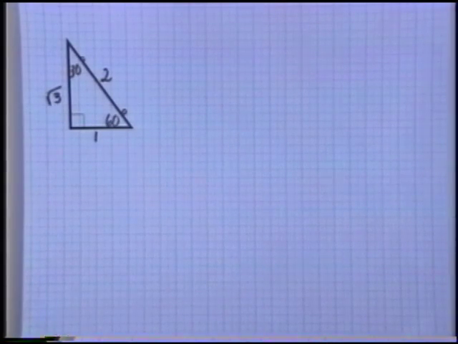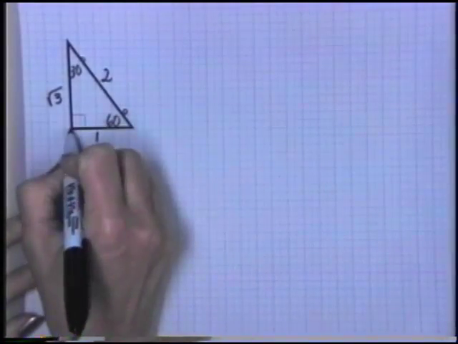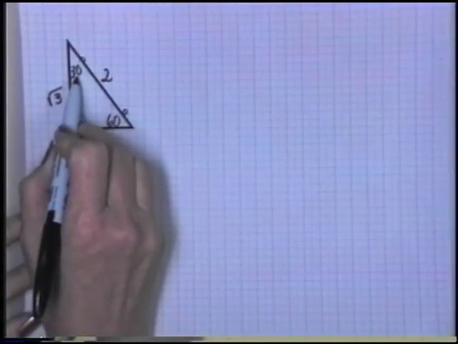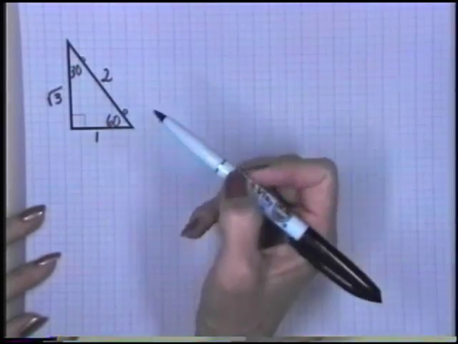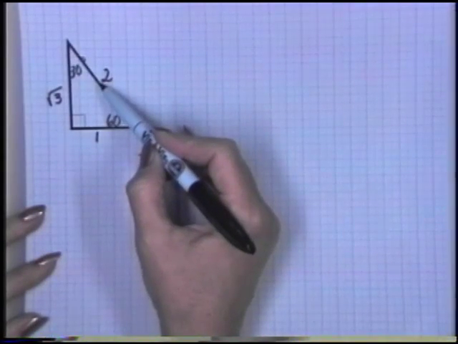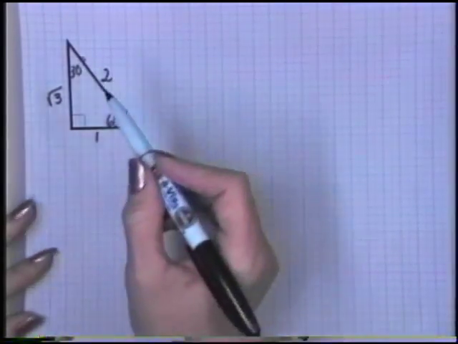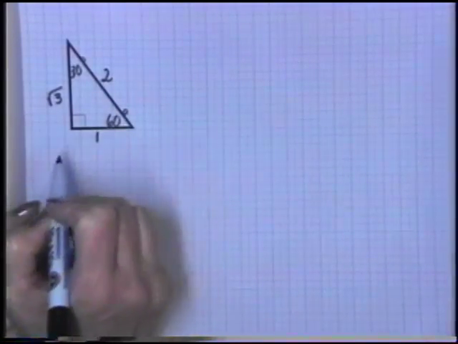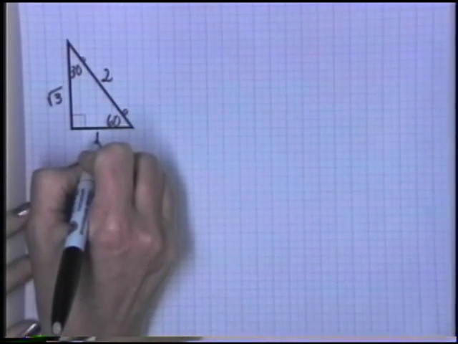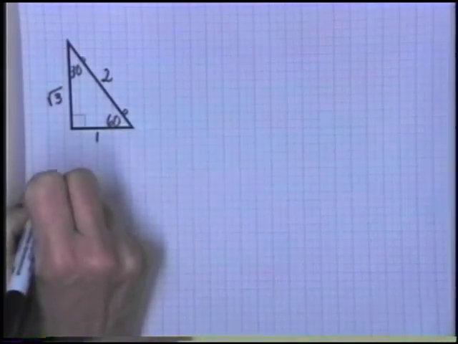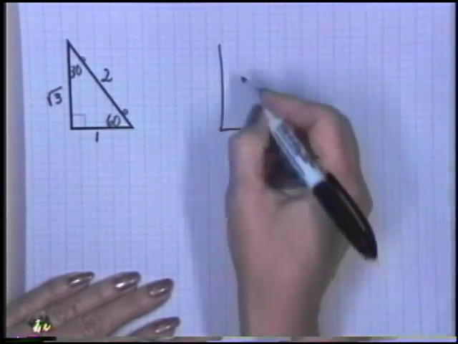Now, as it turns out, for a 30, 60, 90 degree triangle, the leg opposite the 30 degree angle will always be half of the hypotenuse. Or you can think that the hypotenuse will always be twice the length of the leg opposite the 30 degree angle. For the leg that's opposite the 60-degree angle, it will always be equal to the leg across from the 30 times the square root of 3. For example,